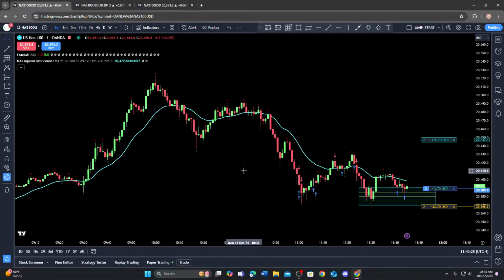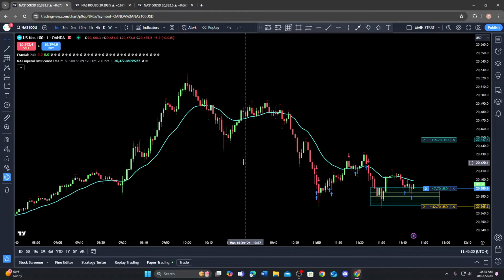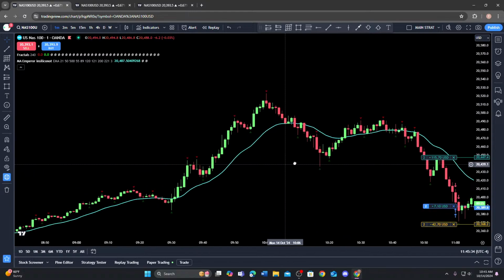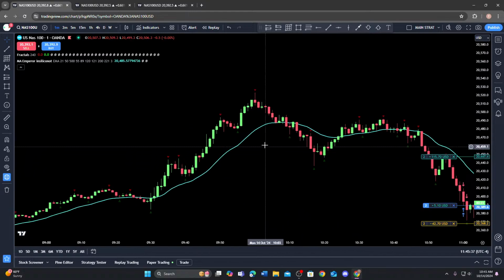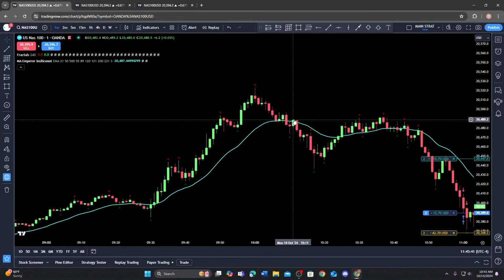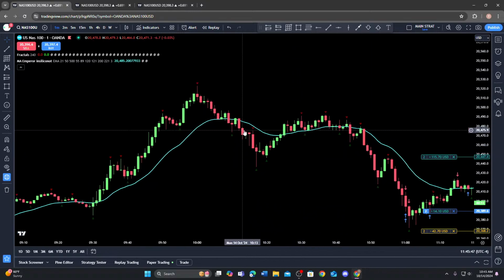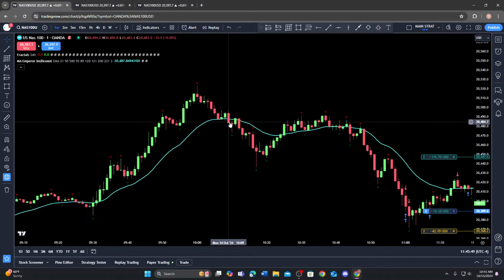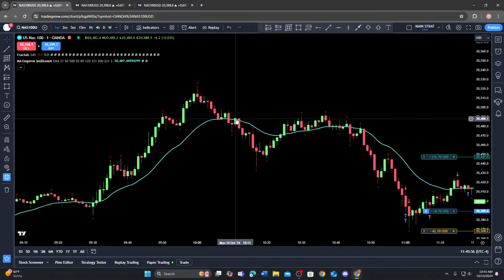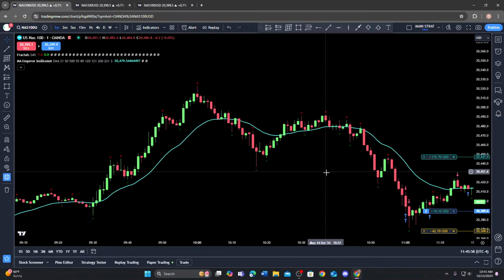So even though it's a little bit of difference from getting an entry here versus here, mentally it's a lot. It's nice to see when you enter here and price rejects immediately versus when you enter down here and you're in drawdown a little bit. So